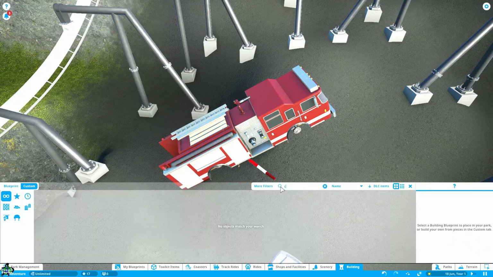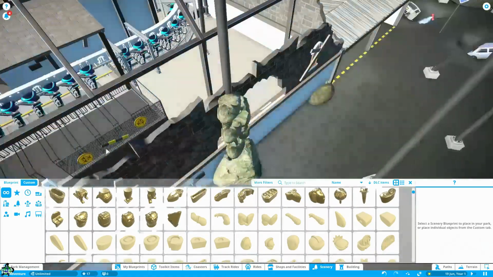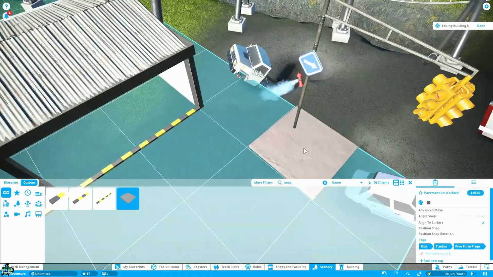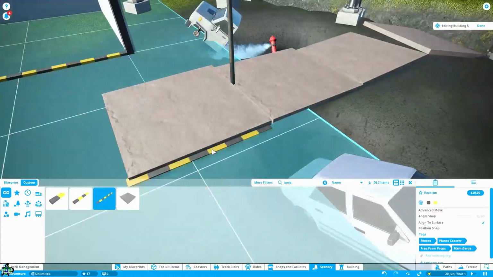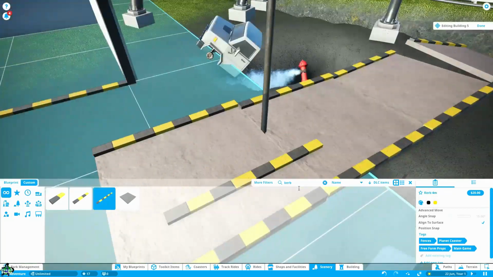We've got our fire truck there. And yeah, we've got quite a lot to do in this episode. We've got the top bit to do as well. As you see, this will lead down to here. So we're going to have a little bit of concrete path, a little bit of broken road heading into the ditch, which has kind of